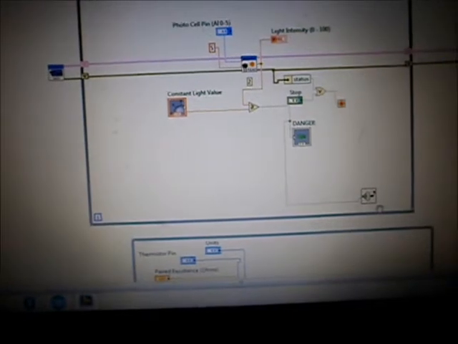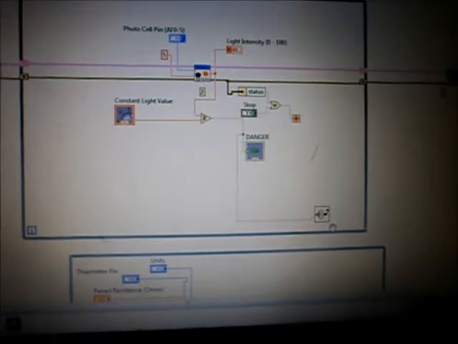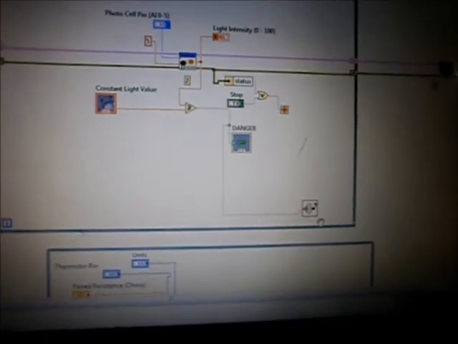Suppose the door is open. If you visualize, more light falls on the LDR, and just to explain to you, the resistivity of an LDR is inversely proportional to the light falling on it. So there will be an increase in the value that I obtain from the transducer, and suppose I get a value of again 60, I know my LDR is getting more light, and there is only one possible reason for getting more light, that is, the control assembly door is open.